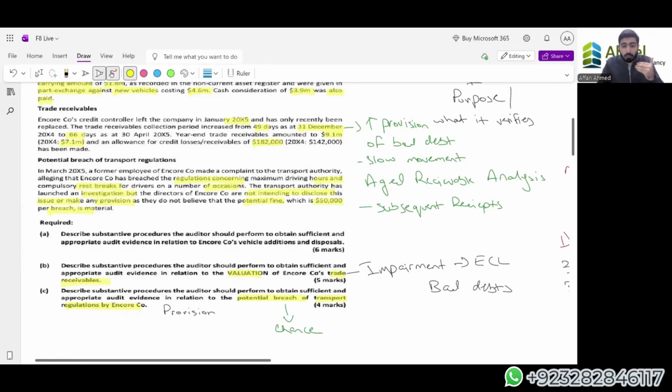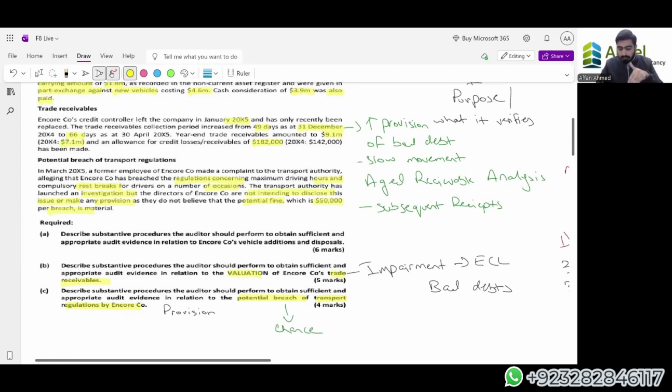Now what we are going to do next is see the likelihood of situations. We are going to review the board meeting minutes. We are going to see what situations are happening after the year end. If a verdict comes in where we are going to be paying the fine, we have to review whether we have to pay the fine or not in the future. Now here we have a provision, right? We want to know what certain thing has happened. If after the year end we are paying the fine, we are going to pay through the bank account, and we will have a bank statement that gives us an indication that we have paid this amount. So the actual paid amount can be compared with a provision, if we are recording any, so that we can see whether we were accurate or not.